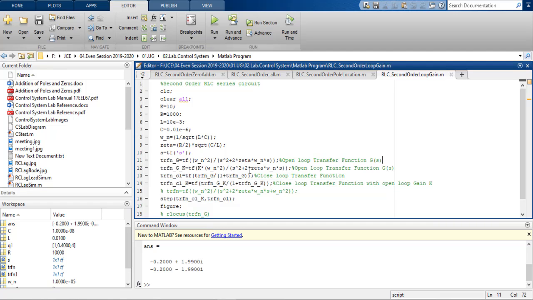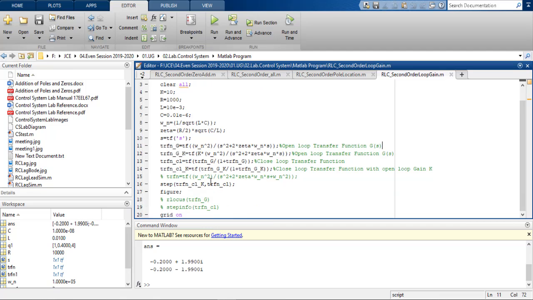Now we are going to see the effect of both.